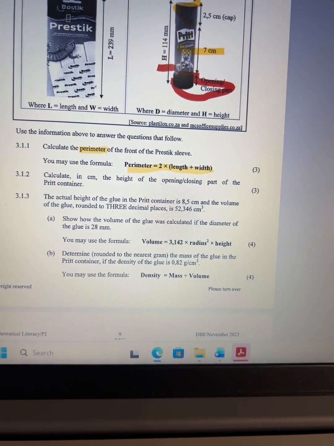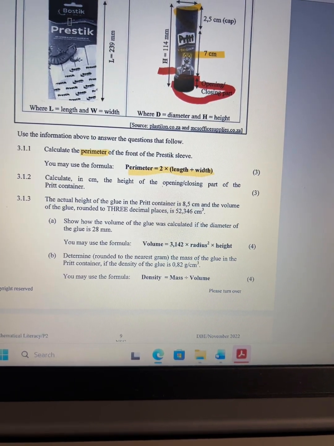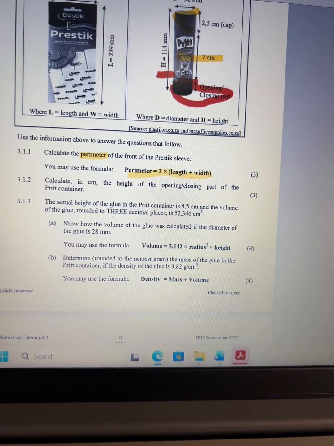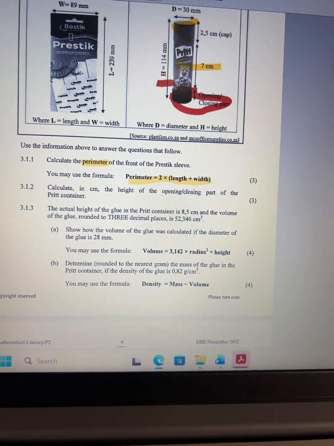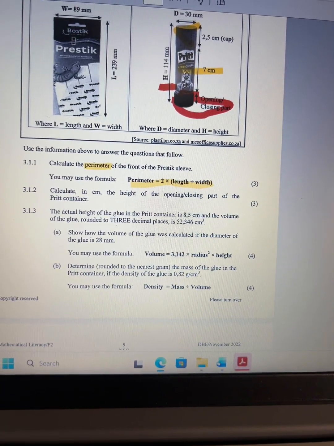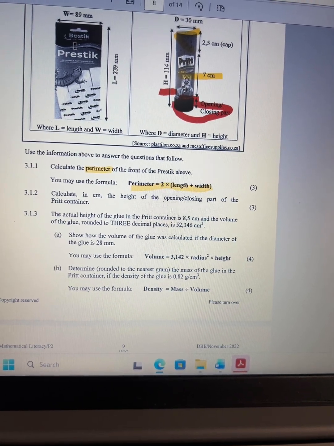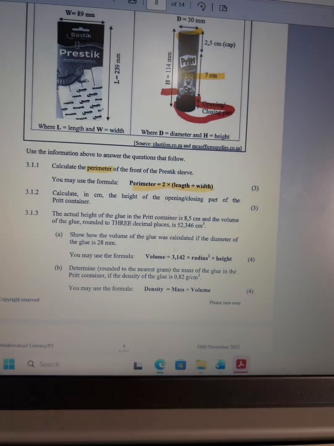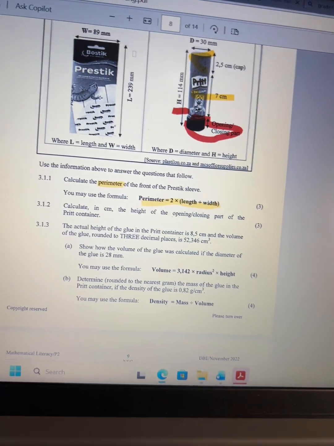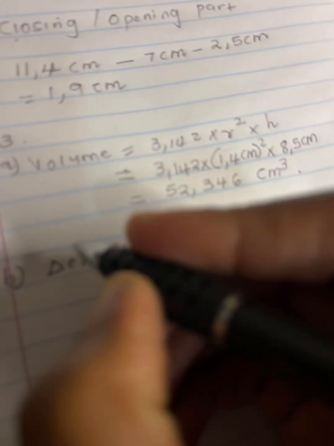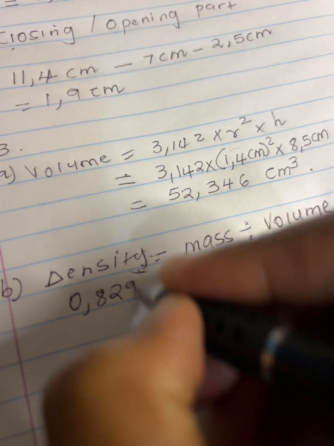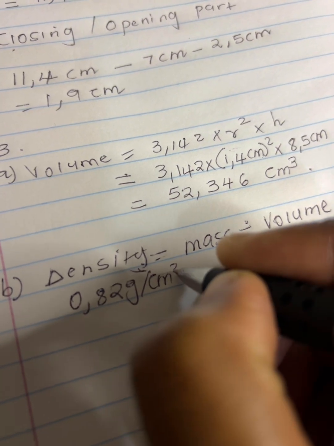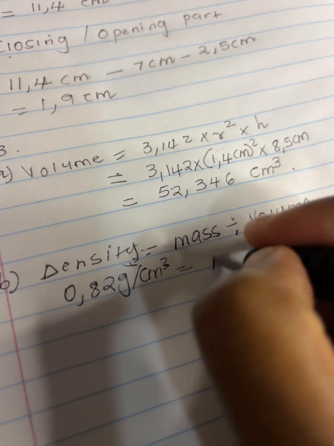So on the formula we have the space wherein we have to put the density, and then we have the place wherein we have to put the mass, and then we have the place wherein we have to put the volume. But the only things that we know now are the density and the volume, and the question is requiring us to get the mass, meaning that we're going to take that 0.82 gram per centimeter cube, which is the density. So we're going to put it where there's a density. We're going to put 0.82 gram per centimeter cube, and then equals to, we don't know the mass,